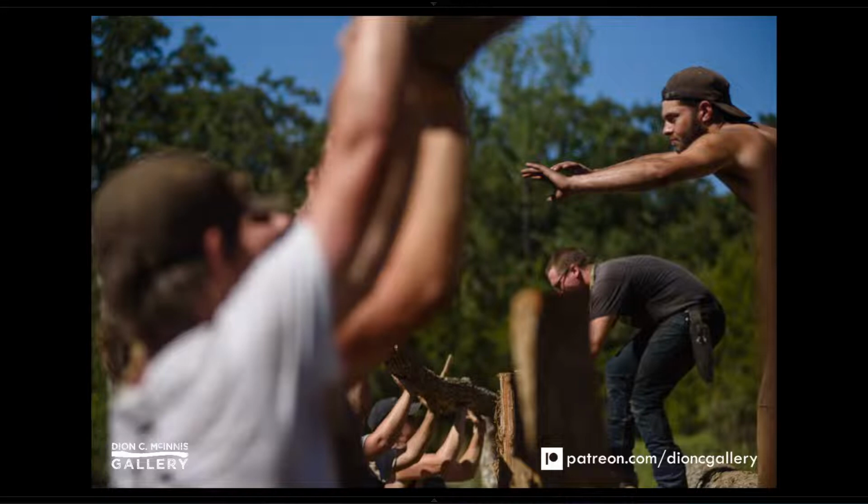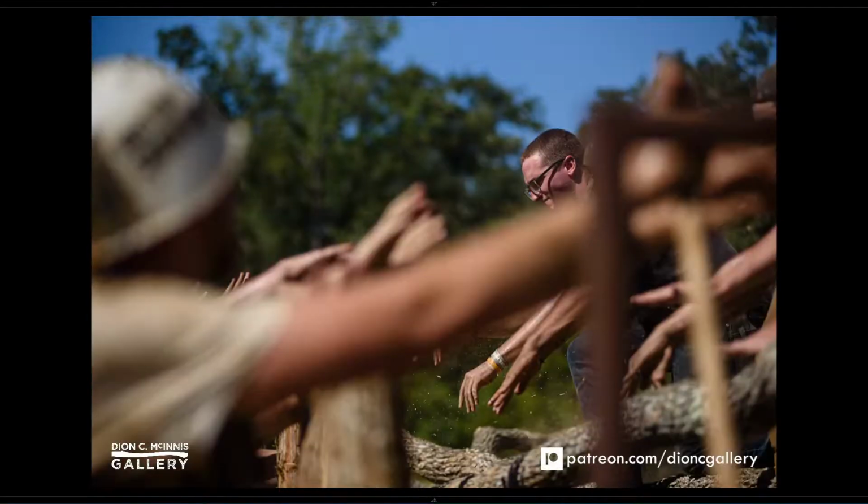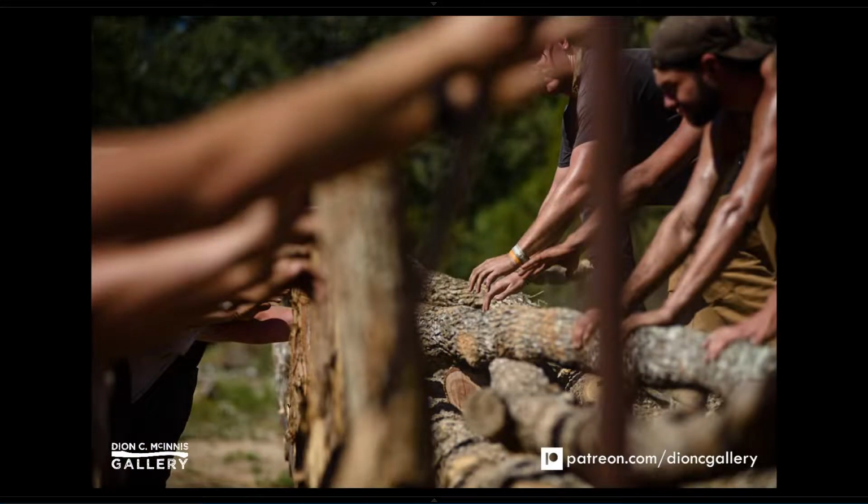My big pie in the sky goal that I'd really like to be able to pull off, and it's going to take practice and stuff. I might not be able to do it this year or even next year. I want to do the entire life cycle of a bonfire tree. So, affix a GoPro to a tree pointing down and get time lapse of cutting the tree, and then the tree falling, and then turn the camera around and time lapse digging and topping the tree, and then time lapse swamping it to the skid and dragging it to load site, and put the camera in some peril and time lapse or shoot throwing it onto a truck like this